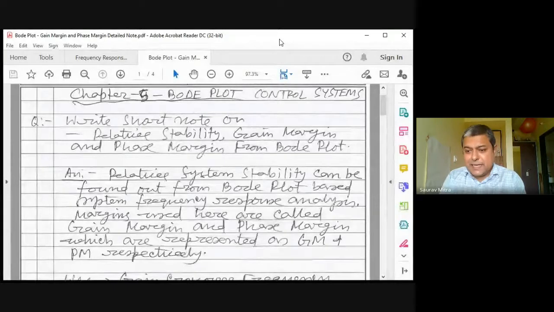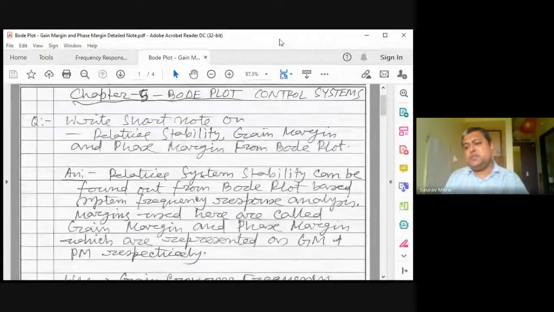What is meant by phase characteristic? Phase characteristic means G(S)H(S) is given, you substitute S equal to J omega, for different frequencies, and you can find out the overall phase of the system, or the angle of G(S)H(S). So first you find the mod of G(S)H(S), that is the amplitude, which should be less than 1 for system stability, and if it is greater than 1, the system is unstable. Then find the angle of G(S)H(S) by substituting S equal to J omega, and find how much the angle is. If the angle is less than minus 180, then minus 180 is the critical phase instability line.